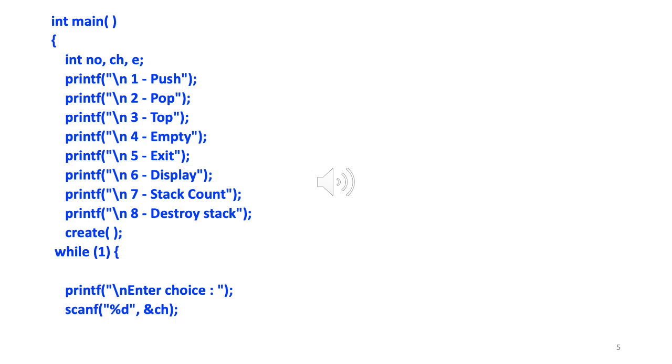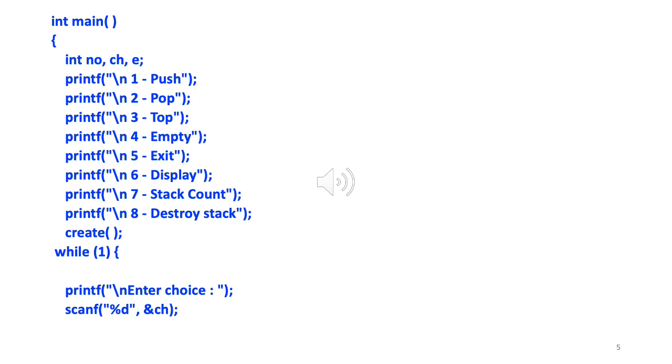Right. So now I am on slide number 5, where we start with the main function. As you can see, when the program starts executing, it will give a list of options, each option referring to an operation that can be performed on the stack.